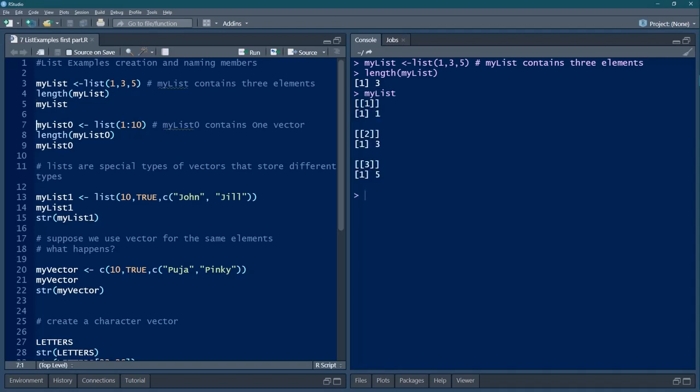Now what we see here, number 1 is mentioned within double square brackets. That means this is a list. So R stores the elements of a list also in the form of a list. Therefore this is what you get. So this is the first element. Number 2 is again the second element. Number 3 is the third element.